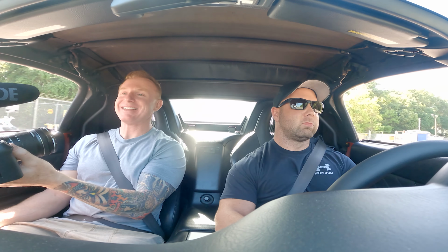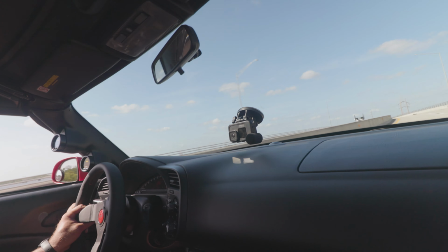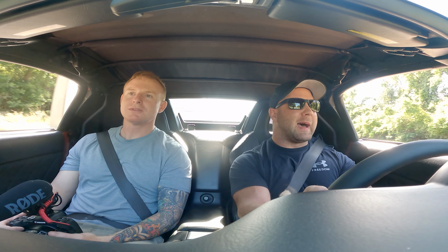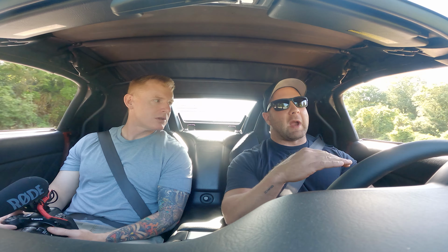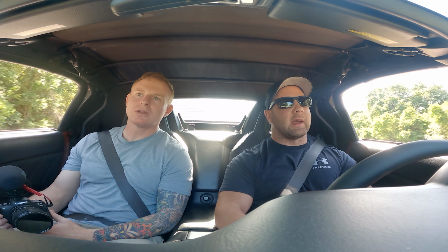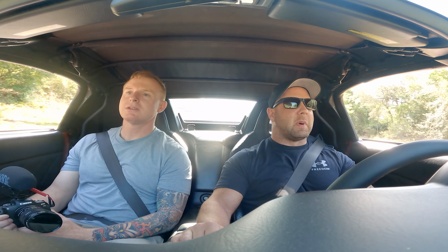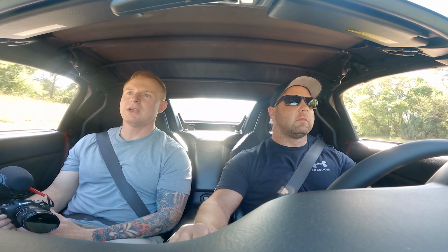Yeah, this thing rips, man. I mean, as soon as you stomp on it, the turbo spools. Yeah. It goes, but you see what I mean? You're just shifting. It hooked up pretty well. It spun second a little bit, but you have to be kind of careful. I have boost ramping in at a slower rate in second to kind of help the trans. Oh, that's nice. But in third and fourth, I did like 22 pounds. Yeah. And that's just through the